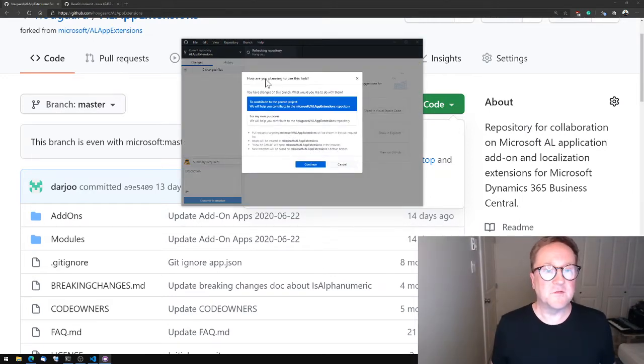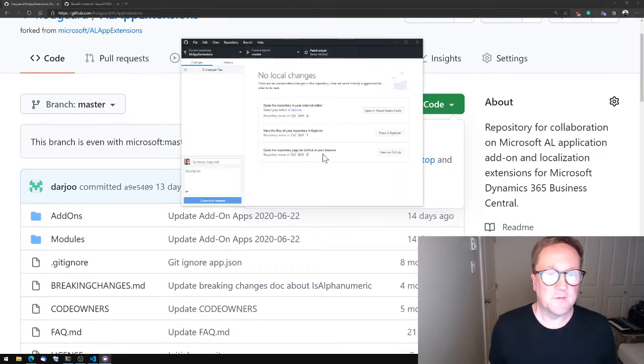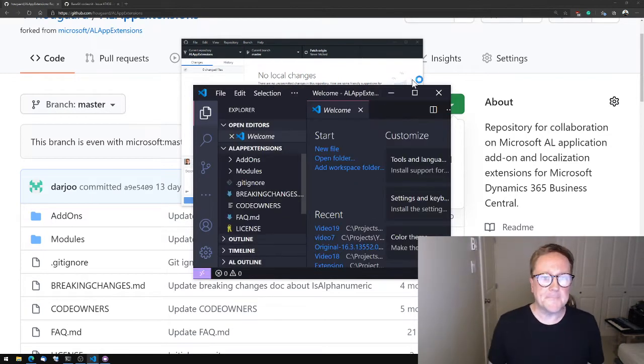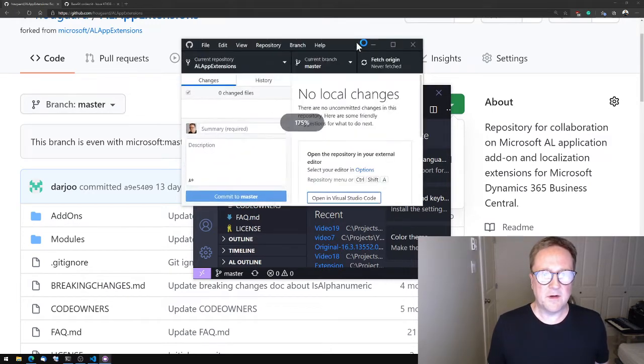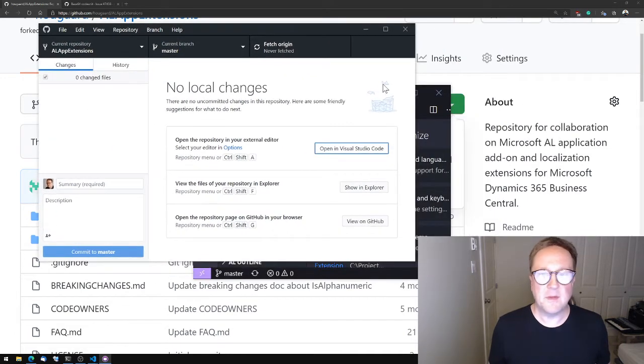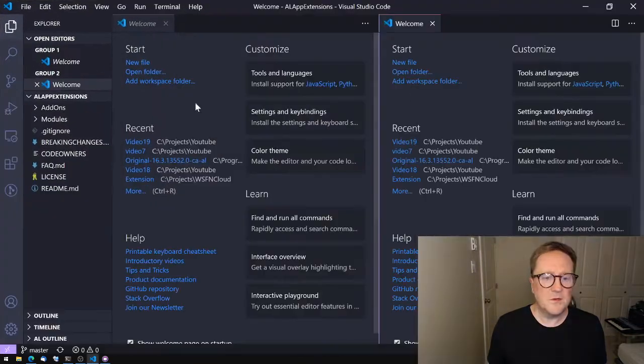how are you planning to use this fork to contribute to the parent project? Yes, continue. So now we got this, and we can open this in Visual Studio Code. I'm not sure if I can make this one bigger. I can. Excellent. Sorry for not having that one big to begin with. We're gonna get back to that one for a second. Okay, so here is,